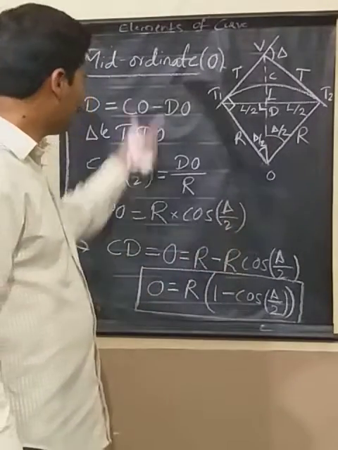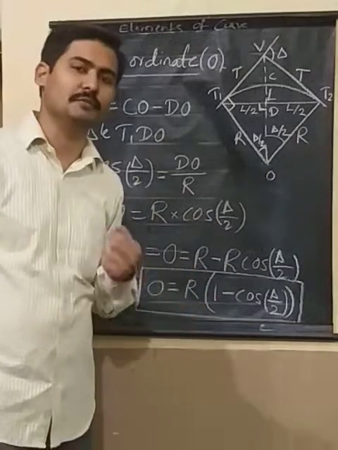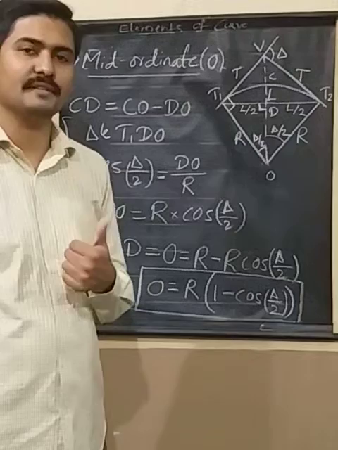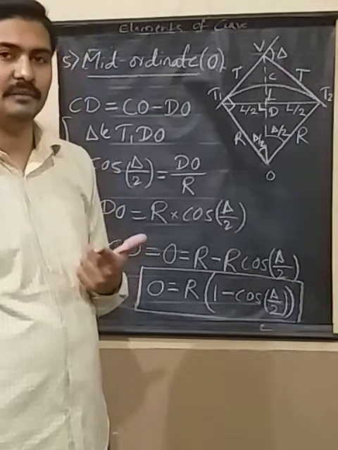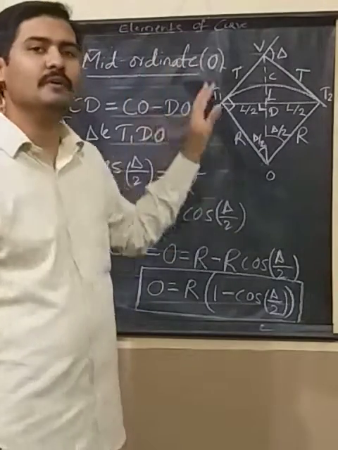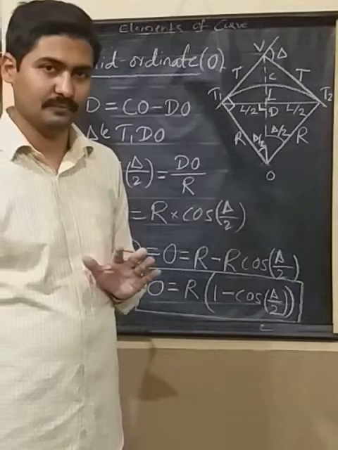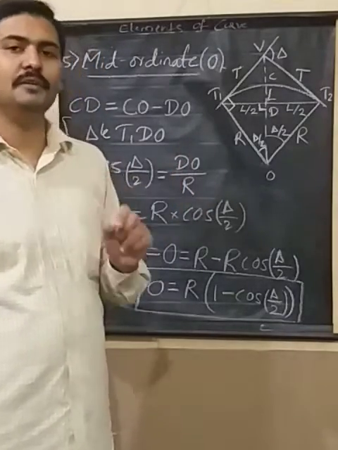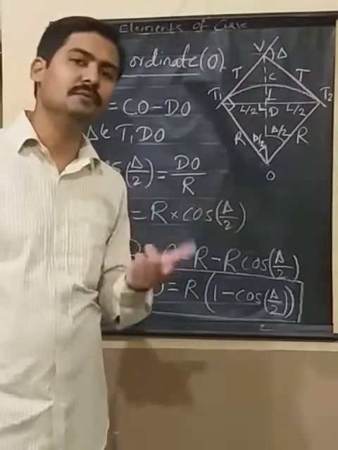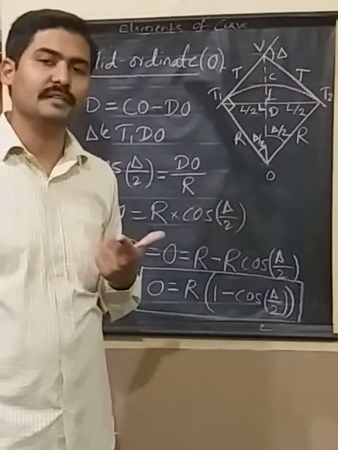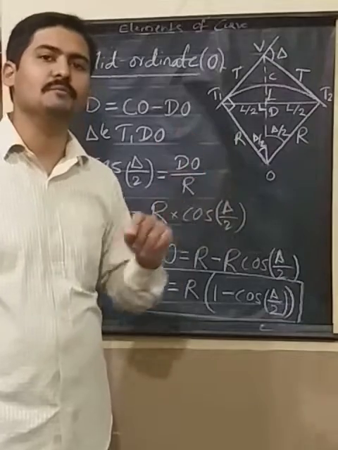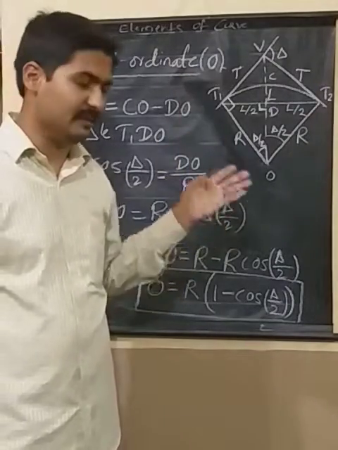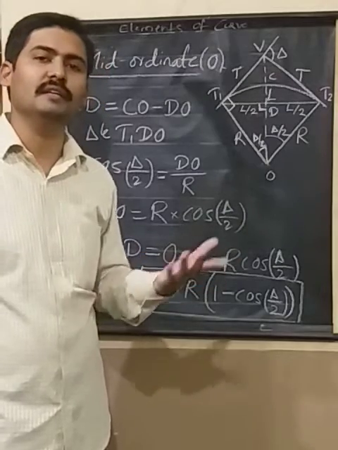So these are all the 5 elements of the curve which you have seen, and in the examination they will give you radius and delta. R and delta will be given to you, and you are supposed to find out all the elements of the curve. In the next session we will be taking a problem where I will give you the radius and the angle of internal intersection, that is delta, and you are supposed to find out the elements like length of the curve, tangent length, and remaining things.